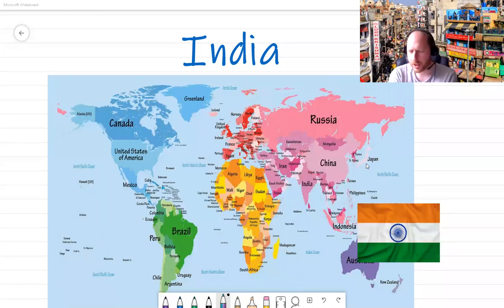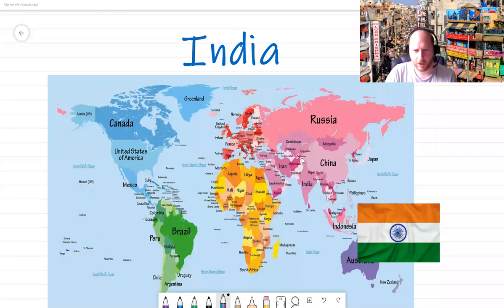We're then going to have a look at some wildlife. We're going to have a look at the government. We're going to have a look at the development, everyone's favorite bit, GDP per capita. Oh yeah. We're then going to have a look at culture, and my goodness, is there a lot of culture to look at in India. So let's get going and see where we end up.